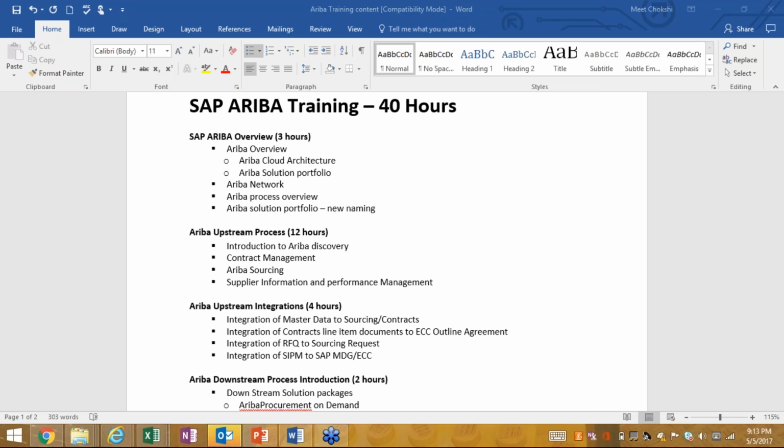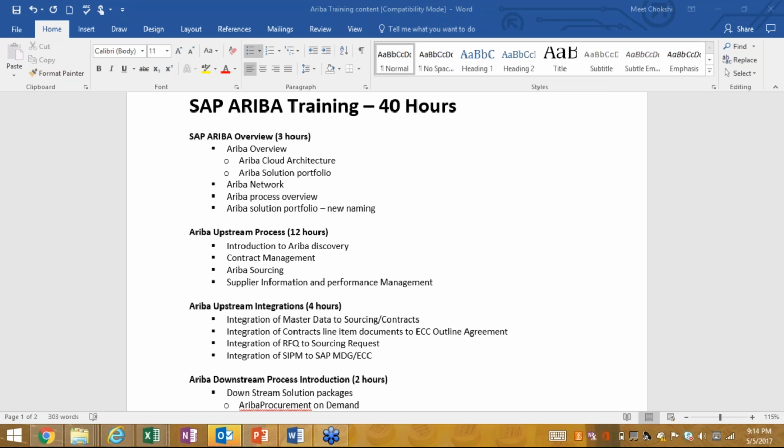Ariba is a cloud application, software as a service. We might all know that SAP acquired Ariba in 2012, and SAP is now doing a lot of investment into the Ariba product. So why did SAP acquire Ariba? Ariba has its own network, and that is what SAP was interested in. We'll go into details further, but at a high level, a lot of suppliers are on the Ariba network, which SAP wanted to utilize.